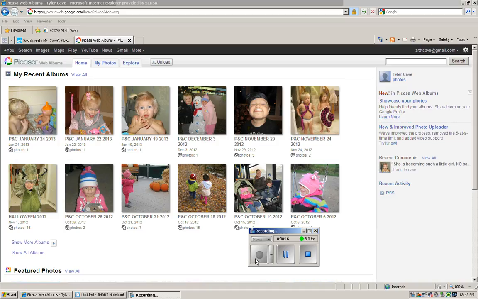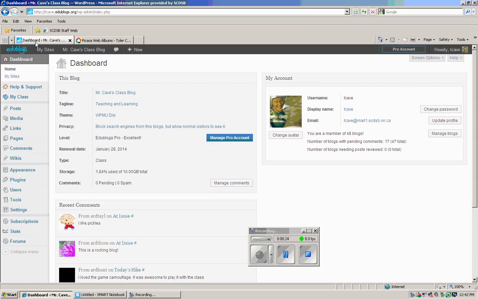I've also taken a few liberties in terms of getting things set up, so I'm logged in, as you can see, to my Picasa account and also the dashboard for my EduBlog site. Now, I know you use a little bit of a different blog, but it's all based on WordPress, so they're exactly the same. So the very first thing I'm going to do is click on a post. I'll show you a page as well and how to do a widget, but we'll start with